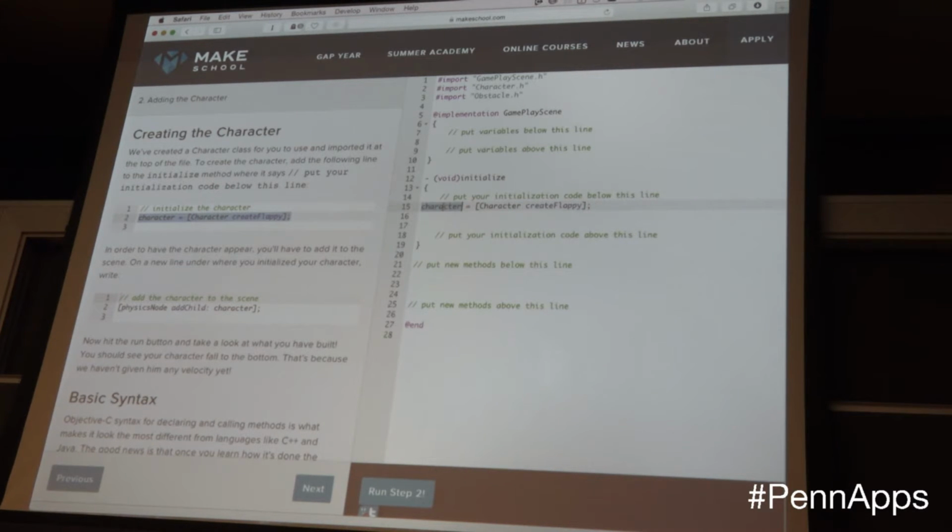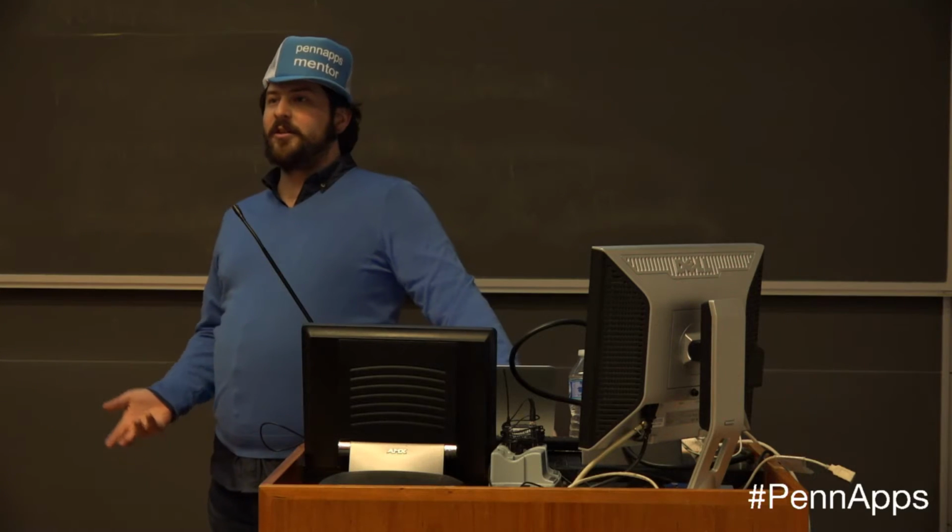So what this does is we're taking character, which has already been defined in this class, and we're going to initialize a Flappy character, if you will, by calling on the character class create Flappy. That's how you would read that line of code. And then the next thing, which is very important, is what do we now do that we have this character?